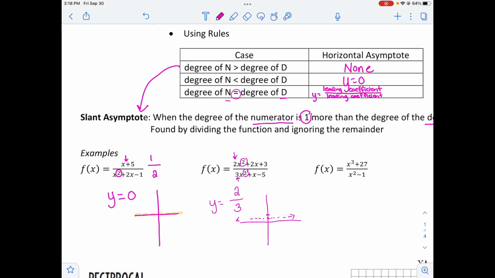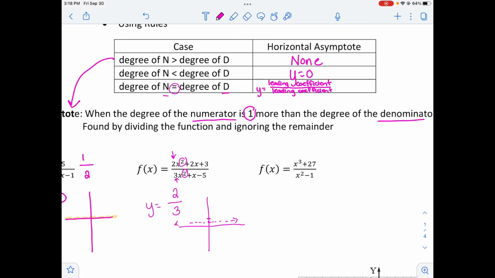Okay. All right, let's look at our next one. We have a degree of 3 and a degree of 2. So when the degree of our numerator is larger than the degree of our denominator, which is the case here, we have no horizontal asymptote, but we need to check for a slant. And the slant only happens when the numerator is 1 more than the degree of the denominator. Well, 3 is 1 more than 2, so this could be a slant asymptote,